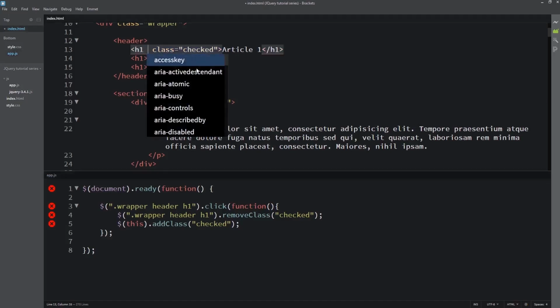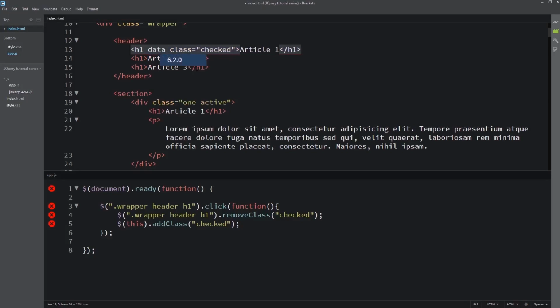We'll create a custom attribute. To create a custom attribute, you first type data, then you put a hyphen, then you give the name of the custom attribute.